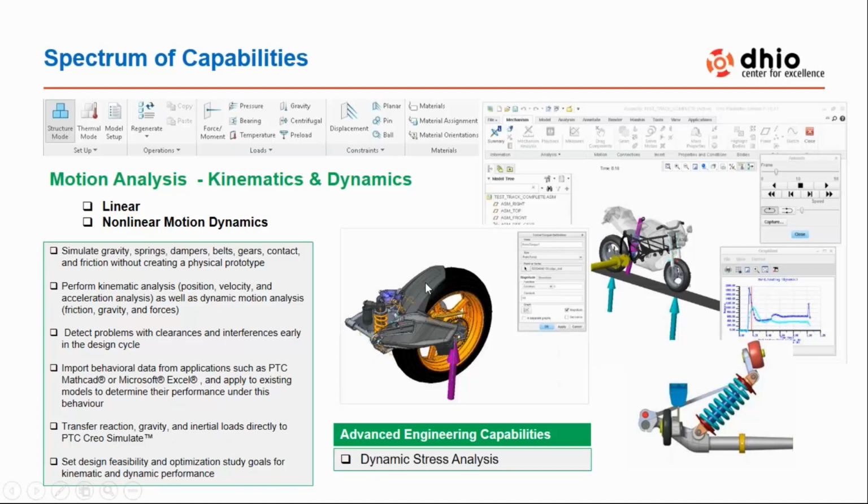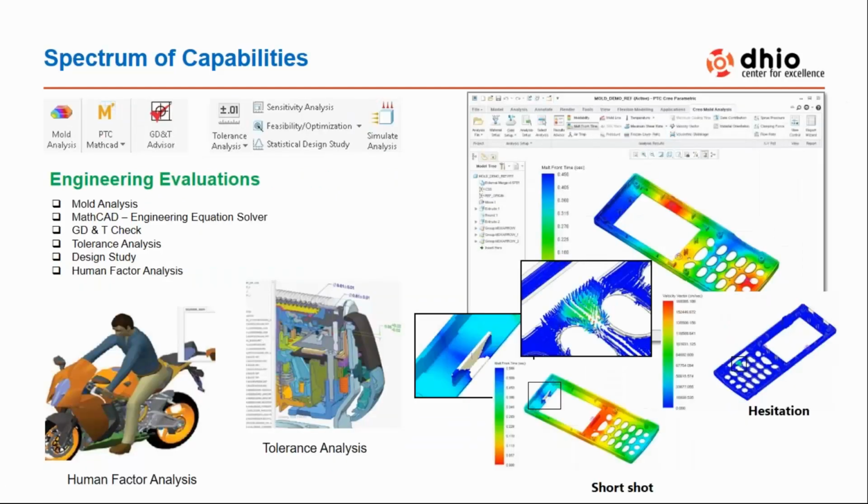So you can see various properties can be involved. Here the plastic is there, here the steel is there, and I have the very big stiffened component. All other properties can be involved inside the component and the environment. And we have dynamic stress analysis, which is a little advanced, and that is also possible with the help of motion analysis and Creo Simulate synchronizing. And these are engineering evaluations. Not only can we do the static, that is structural evaluation, thermal evaluations, and fatigue evaluations,